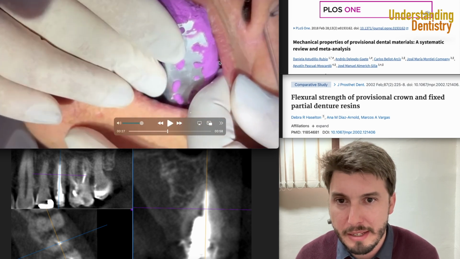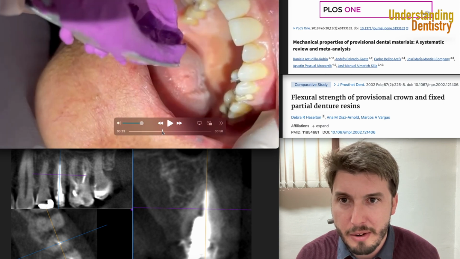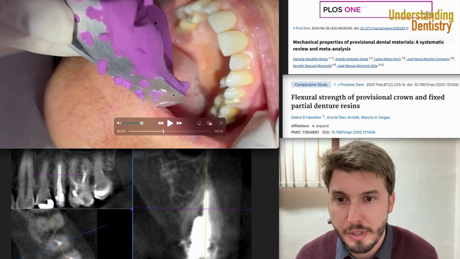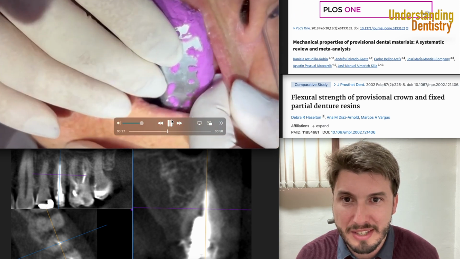Okay, that's the mark of the canine. If you guys didn't see, take a look at this. We now have the mark of the canine right here. All right, so that's the mark that should be in front of the canine, and then you bring back the alginate, look at the canine. So inserting